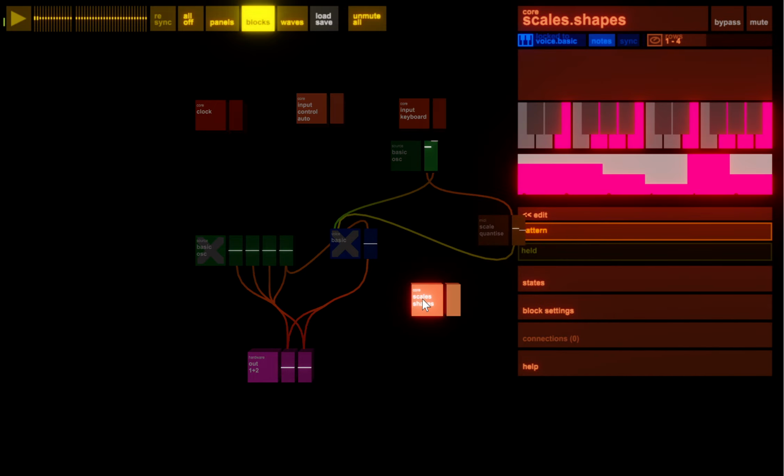So here we go, it's added. Scales are defined in a block, everything's in a block. So here it's added the scales block, and I'm just going to play in some notes. No, that's a bad chord. There we go, so there's a scale that I've played in with my MIDI keyboard.